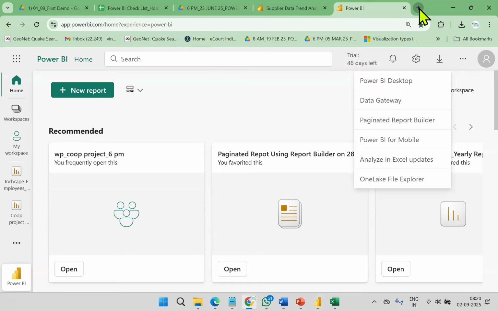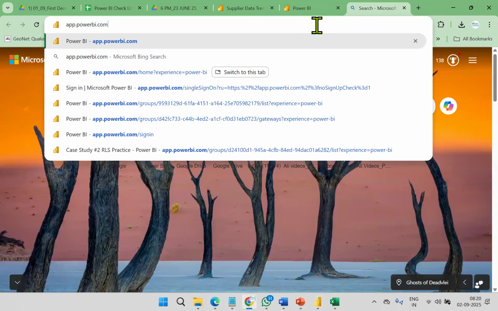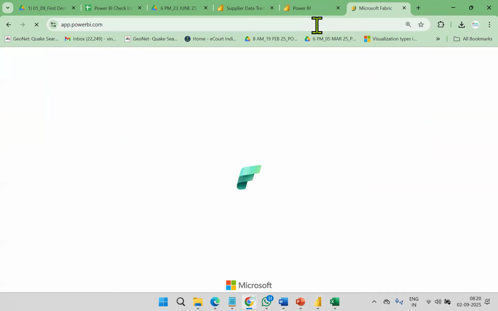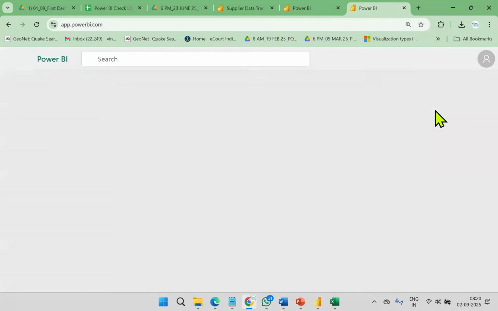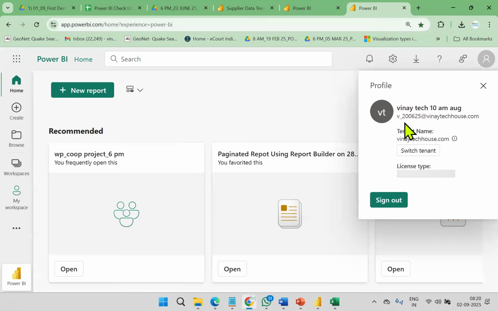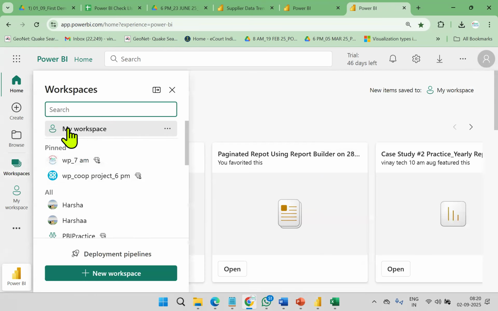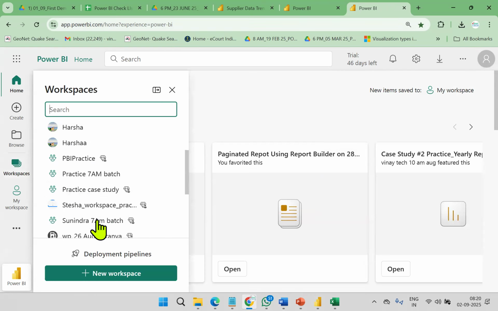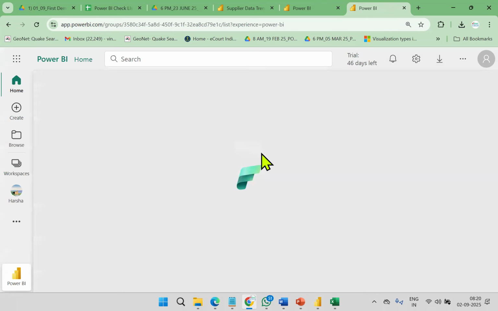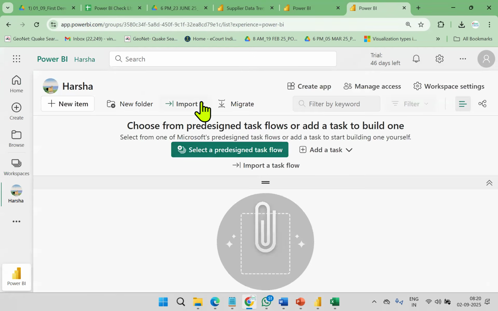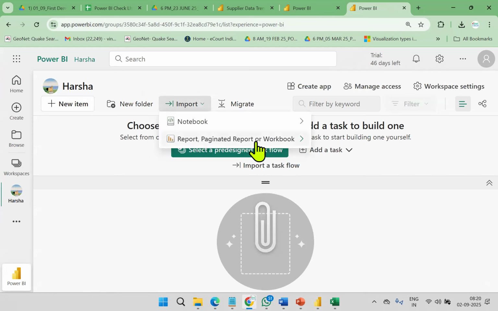So I'm going to Power BI server service, cloud service. I'm opening a new window, app.powerbi.com. This is your Power BI cloud service. You connect with an account. I already signed in, so it directly goes through the sign in. And you must go to a working area, like a folder. These are all called folders. Take one of our student Harsha's folders, or maybe he created two. Import. Here reports are available: normal report, advanced reporting, basic reporting also available.